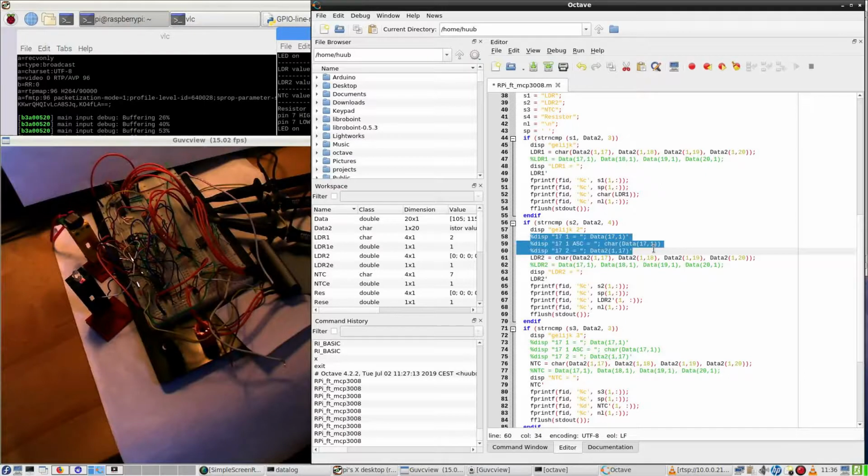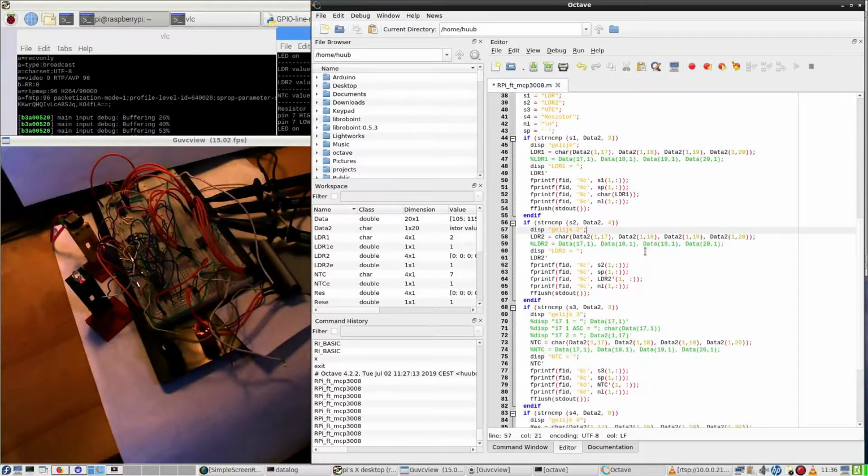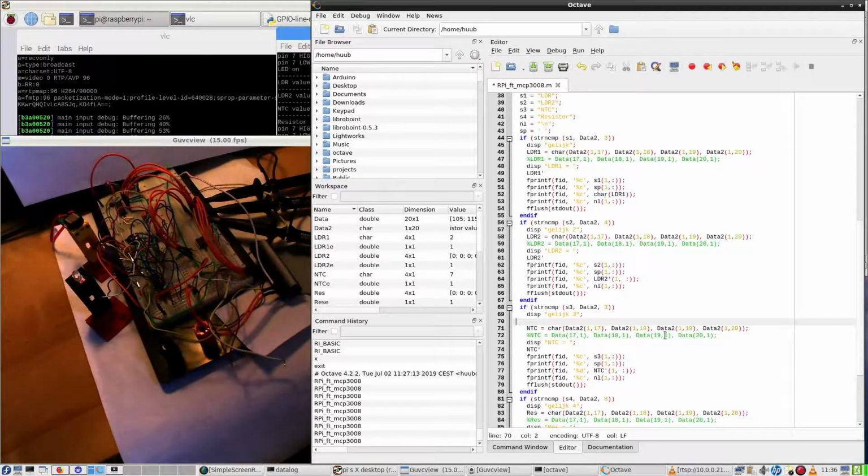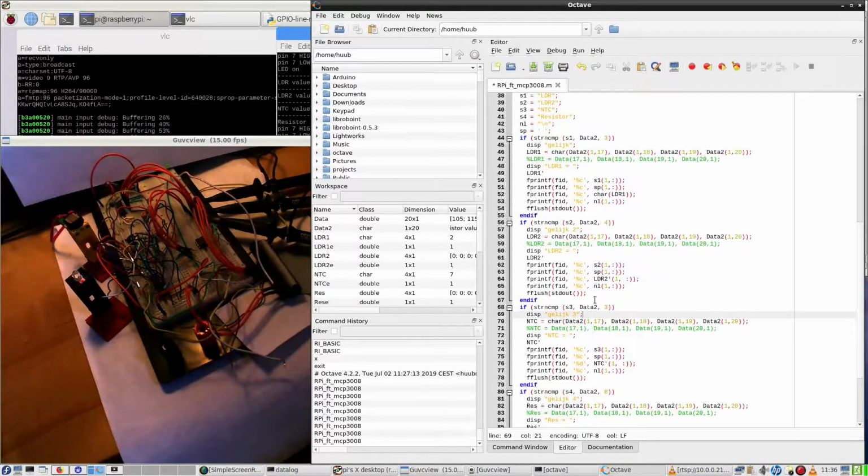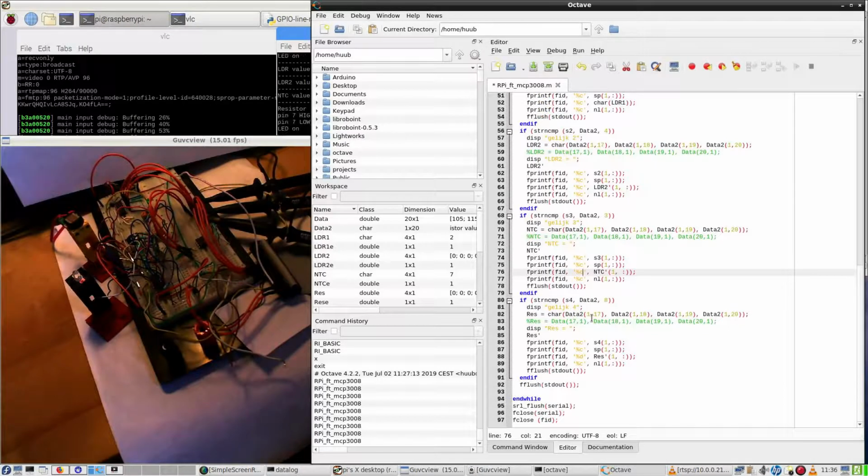This is going away, saves a lot of code, and this has to be changed into character. This hasn't been changed at all even, so this has to be changed to character. And there's one difference still, that this is character and this is just the way it was. So I am changing this,